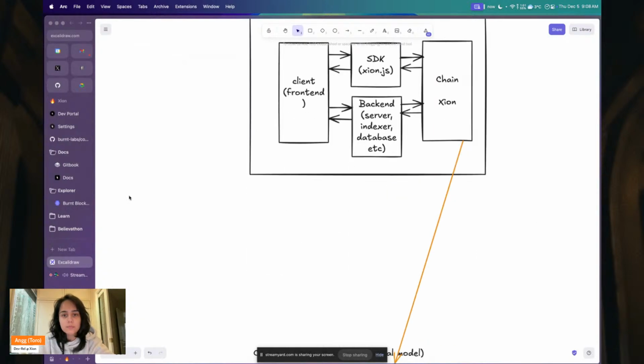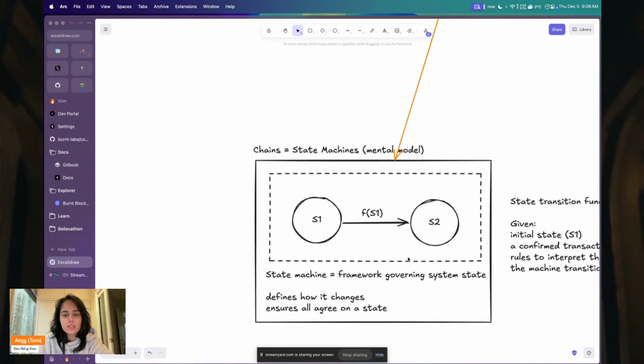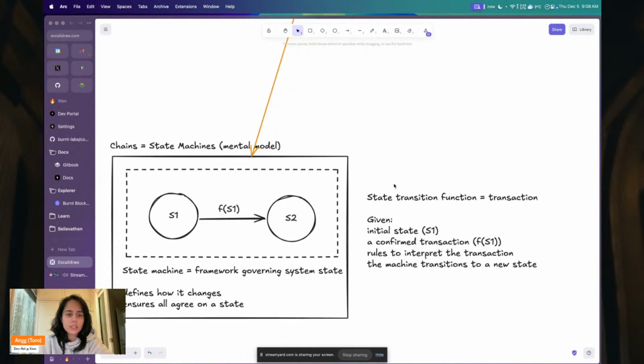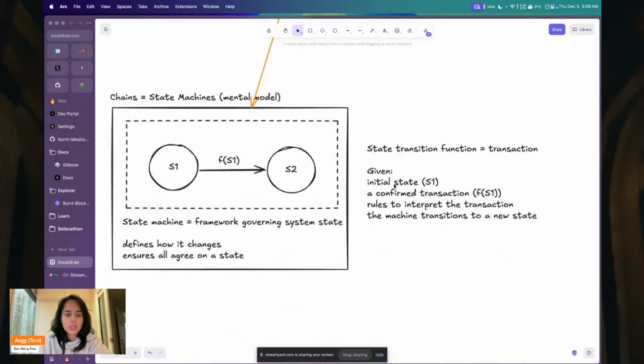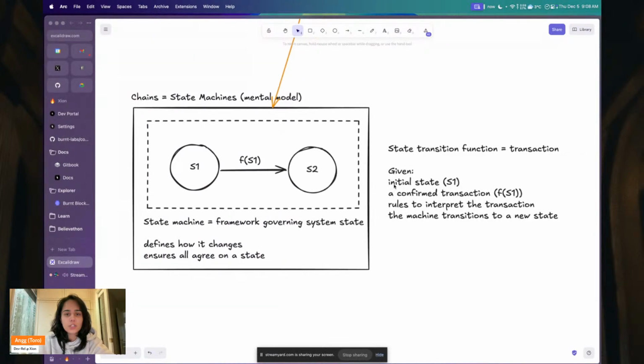Next, this was the last and final theoretical concept that we went over yesterday, which was what exactly a chain is. And the way I describe chains here is thinking of chains as state machines, and a state machine is basically just a mental model. I like to think in terms of mental models, because it rids you of going through all of the theoretical pointers when you're comparing stuff. So, for example, now that you understand a chain is a state machine, you can always compare different chains. So, for example, you can compare Ethereum and Zion, or Solana and Zion, based on how the